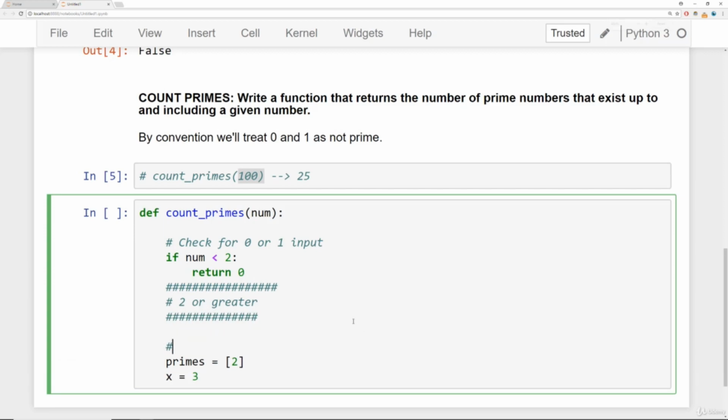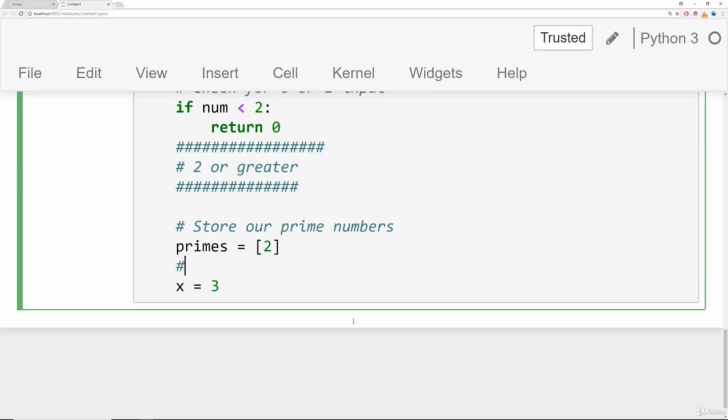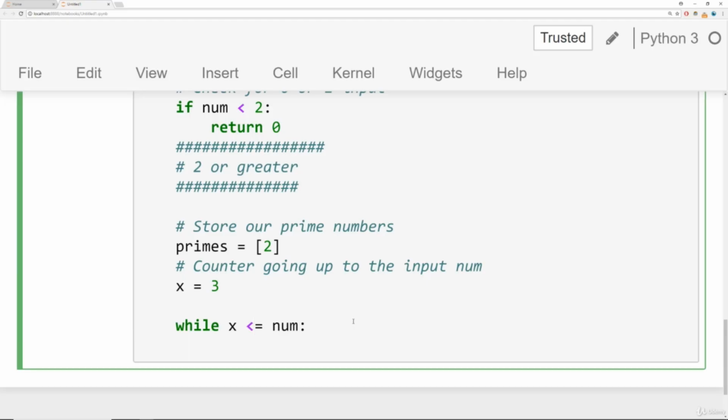And we have here a list. Let me zoom in just a little bit here. We have a list to store our prime numbers. And then we have x, some sort of counter that's going up to the input num. And we'll say while x is less than or equal to that input number, I'll say for y in range from 3 all the way up to that current number x, and then we'll take a step size